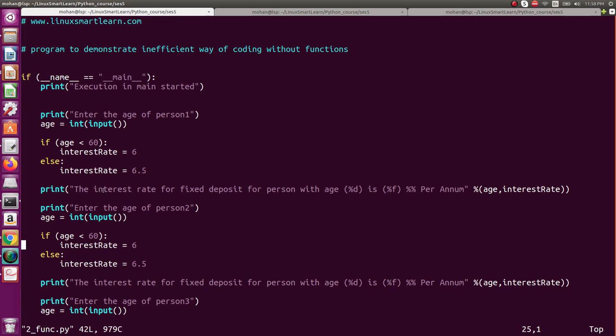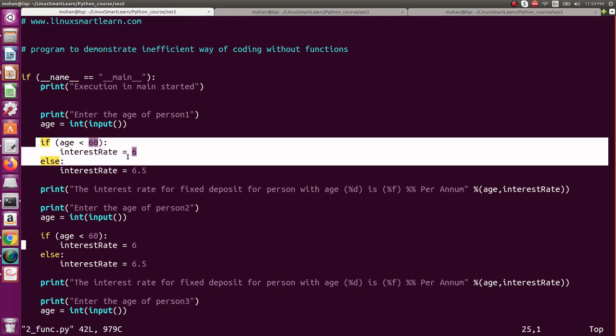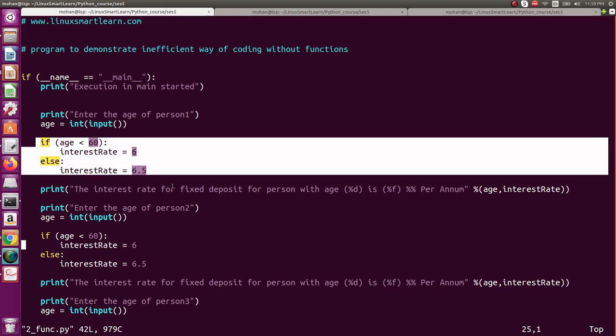So here we print the interest rate of the person with the age and the corresponding interest rate that the person has. So here we can see that this calculates the interest rate of a given person based on the